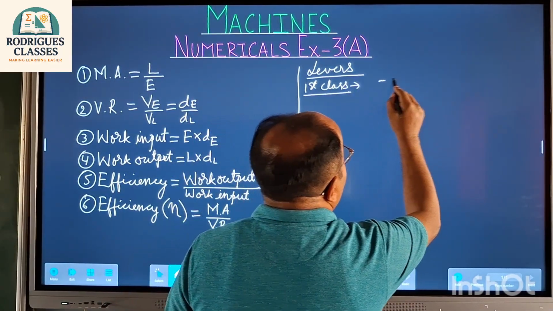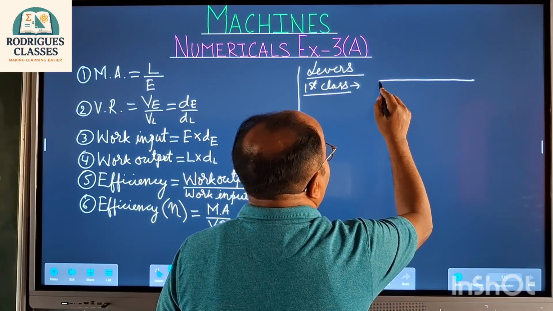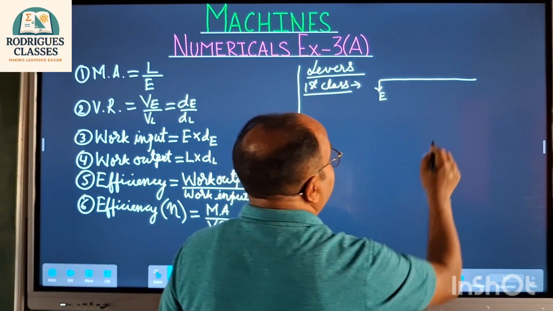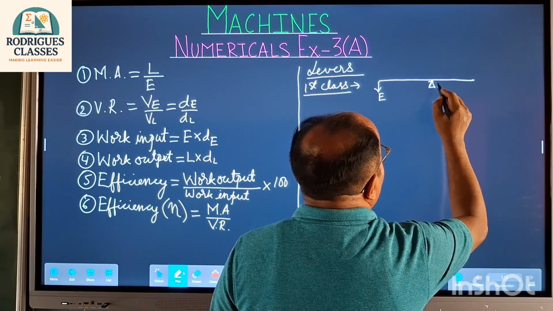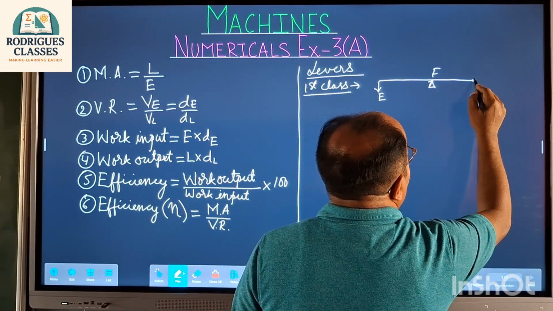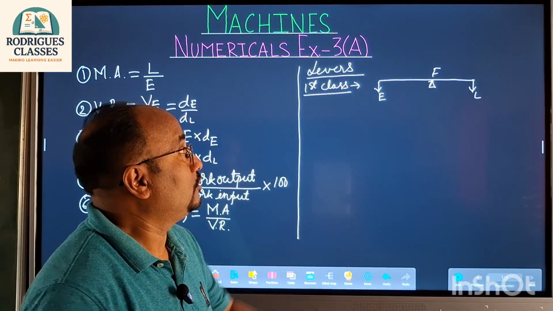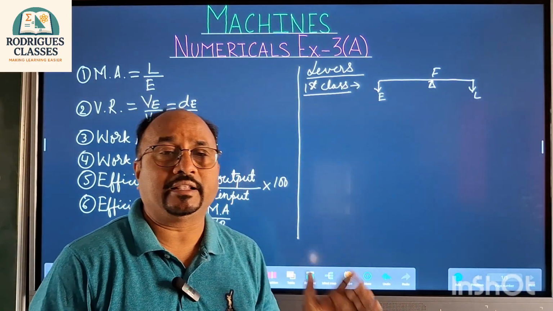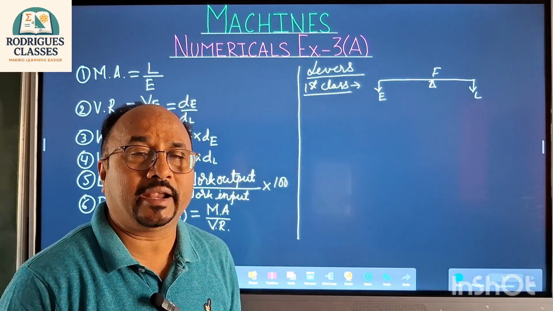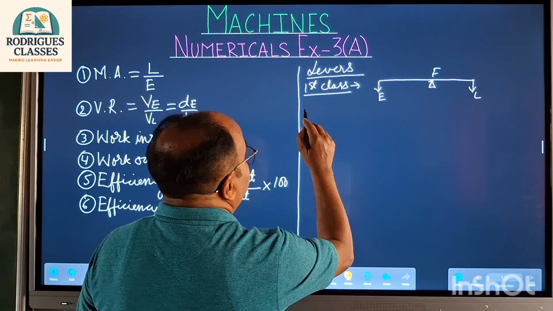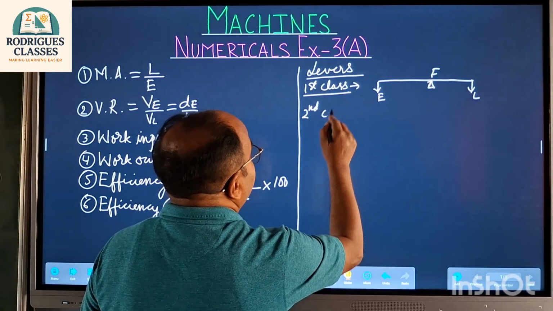In first class, you should remember that the effort is at one end, fulcrum at the middle, and the load at the other end. So when the fulcrum is in the middle and the effort and the load are at the two other ends, that is your first class lever. Then the second class,